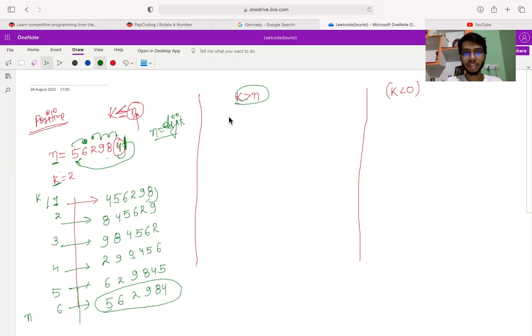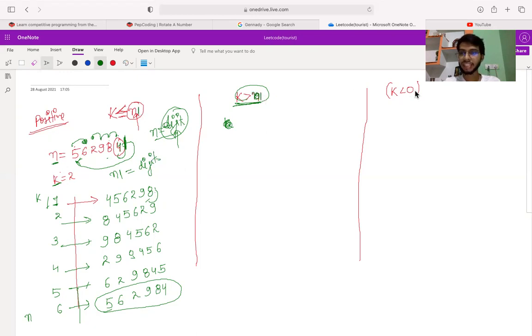So what will happen here is, if k is greater than n, where n means the total number of digits, as I have already told you. Okay, so if k is greater than n, what does it mean? If you are getting confused, let's make it n1, where n1 is the total digits in the number. So here I am writing n1, k is greater than n1,